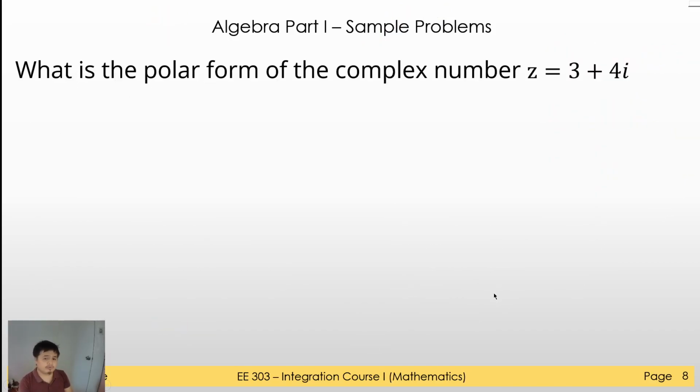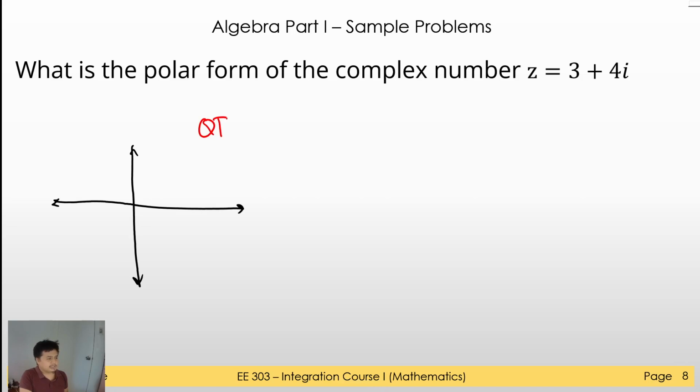Okay, so what is the polar form of the complex number c equal to 3 plus 4i? Okay, so this is easily calculated in your calculator, but you have to be careful with using your calculators, no? Sometimes it can be troublesome when we become too dependent on using our calculator. So one of the things that you should remember when dealing with complex numbers is that we have four quadrants,